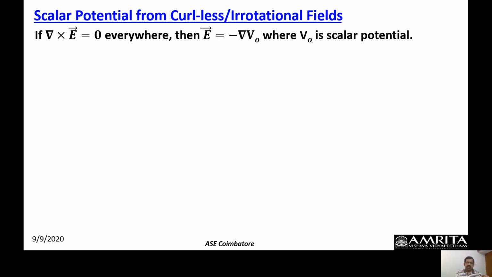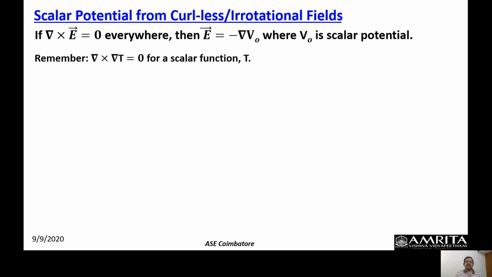I am only throwing some highlights here and there for you to remember that we are learning electromagnetics, not pure mathematics. So why did I say that E must be represented by the gradient of a potential? Because of the fact that we learned in the previous class that the curl of a gradient of a scalar function must be 0. So which means E must be represented by what is known as the gradient of a scalar function, where V0 is the scalar potential.